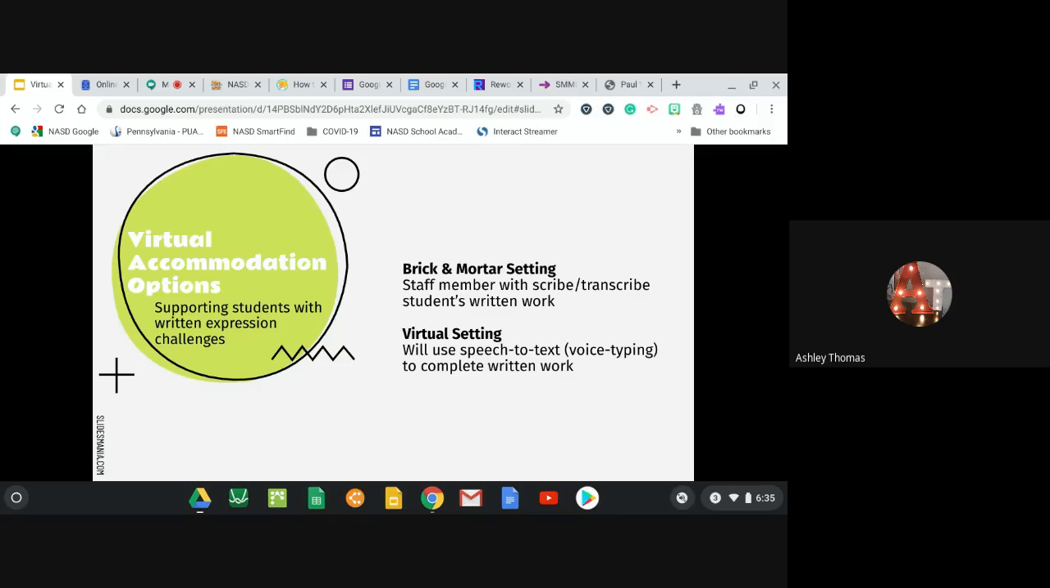Another virtual accommodations option to support students with written expression challenges. In the brick and mortar setting, it might have been a staff member will scribe or transcribe students' written work. We see that a lot. In the virtual setting, maybe the student will use speech to text, which is also voice typing, to complete their